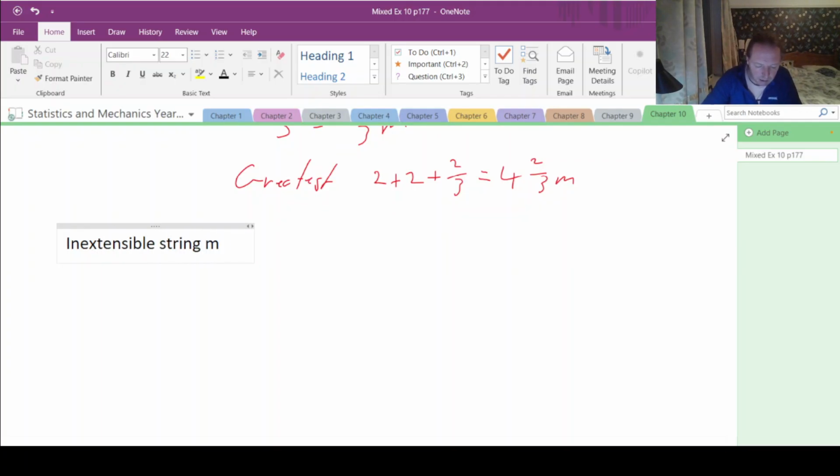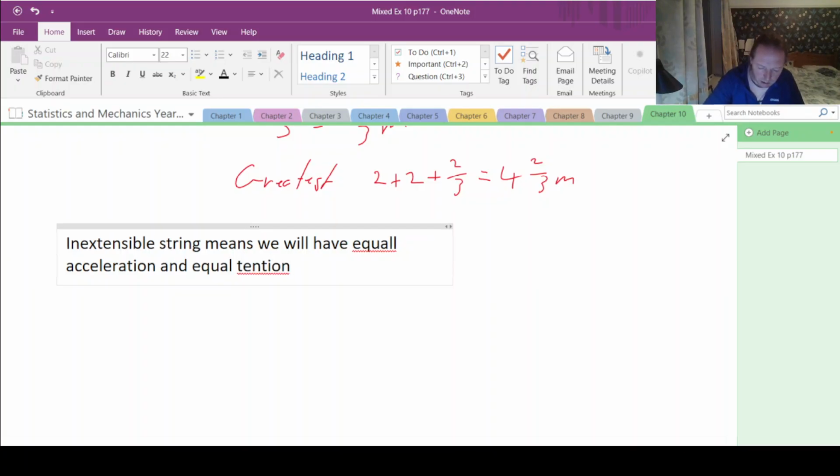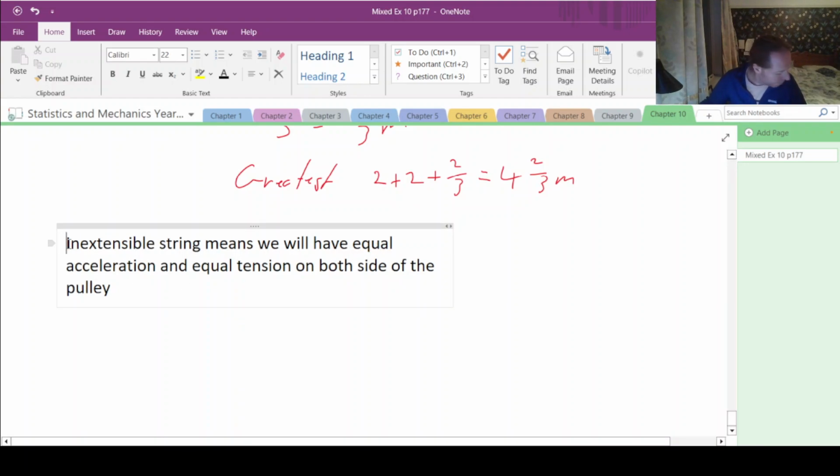String means we will have equal acceleration and equal tension on both sides of the pulley. Is it EY for pulley? Okay. Can't spell tension either. All right, it's an S, isn't it? All right, so that's part I, D I,